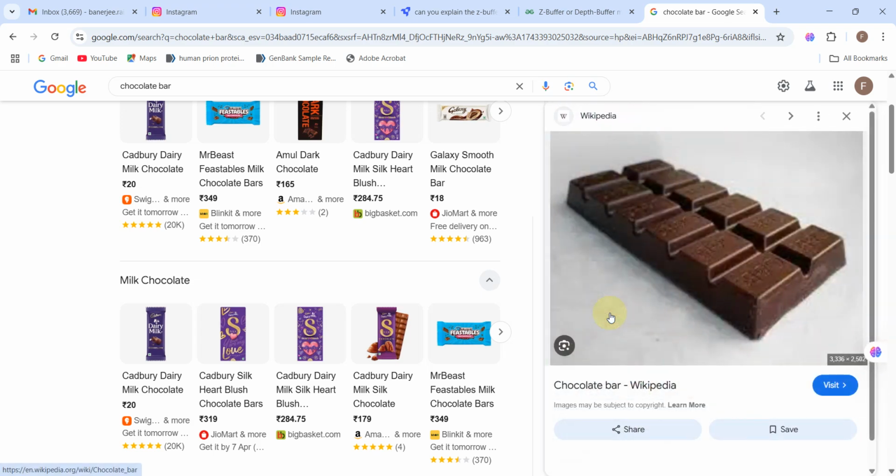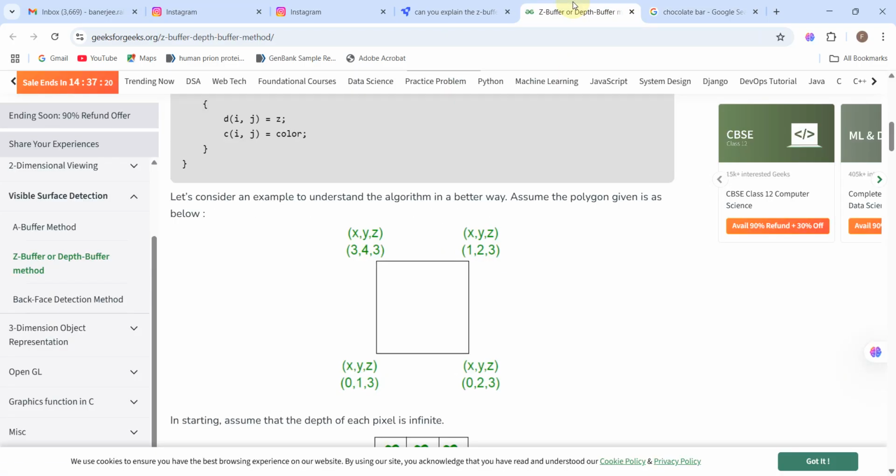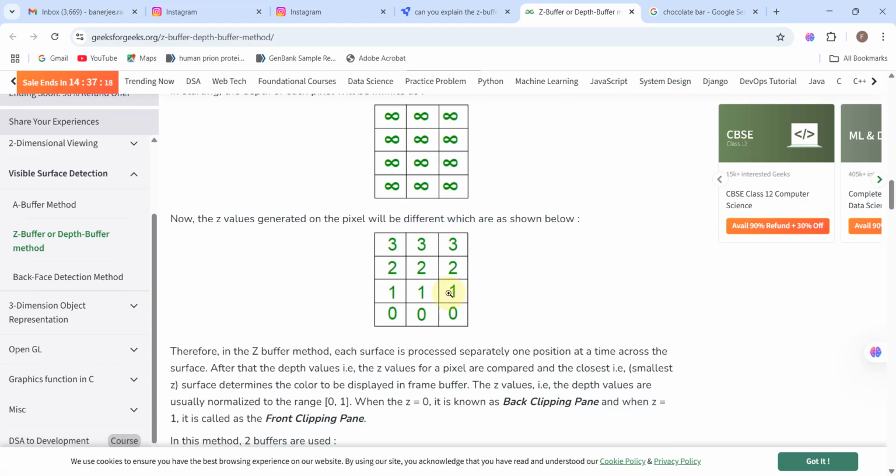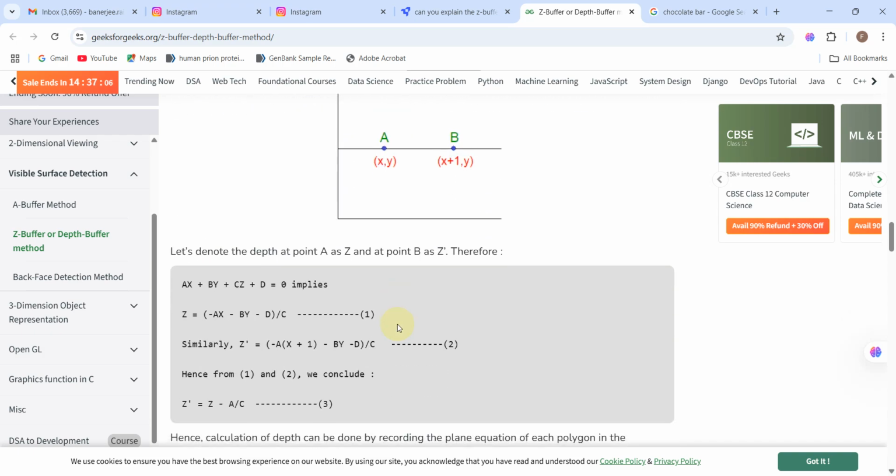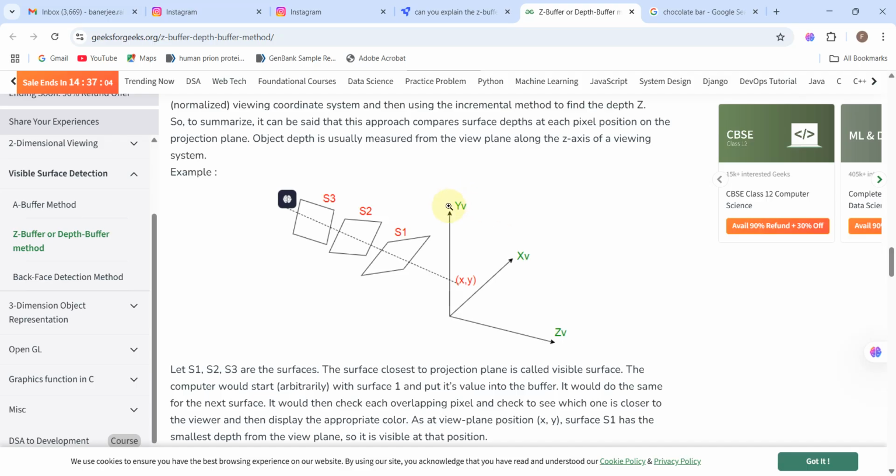But for example, if you have a chocolate bar which is placed like this, like how I have placed my camera, this chocolate bar is tilted in the z axis where I am taking the camera. Then you are going to get a depth matrix like this, where the z coordinates are a little different. If we define precisely, I'm saying, if we define the world coordinates axis like this.